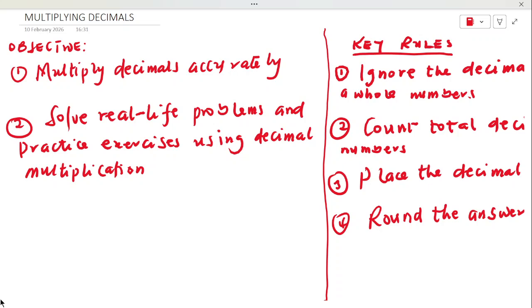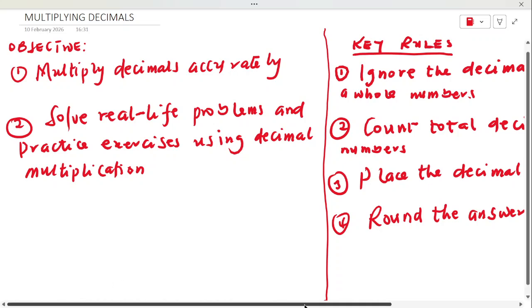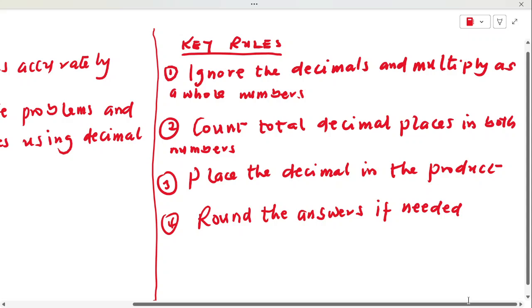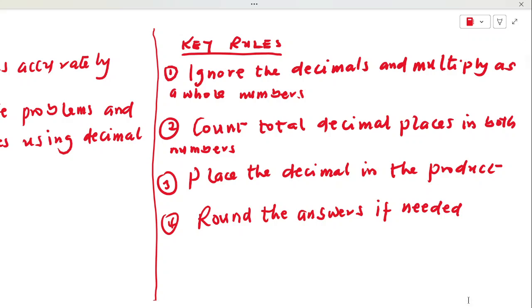But before we look at some solved examples, I want us to take note of these key rules because with clear understanding of these rules, you will be able to solve decimal multiplications confidently and accurately. All right, the first rule states that ignore the decimals and multiply as a whole number. So the first rule, you are to what? Ignore the decimal. So for example,